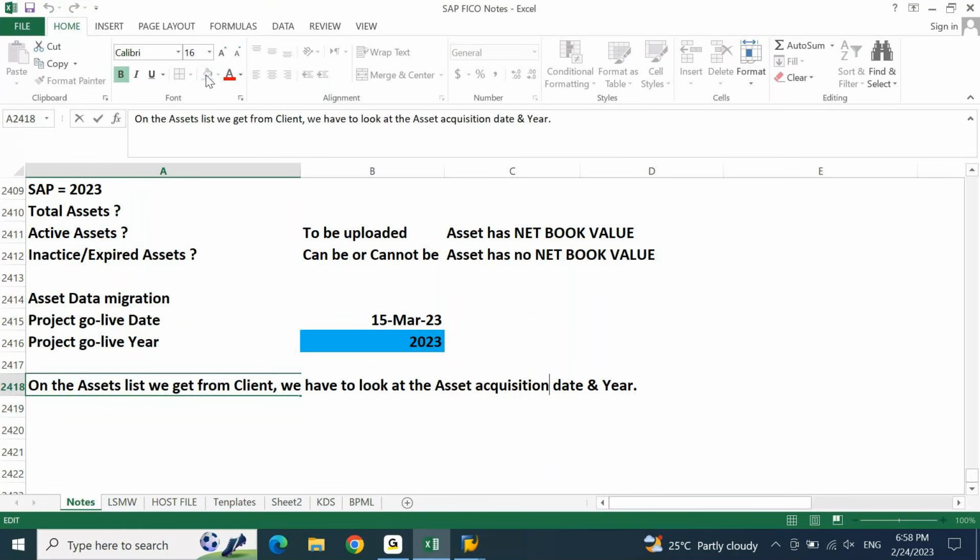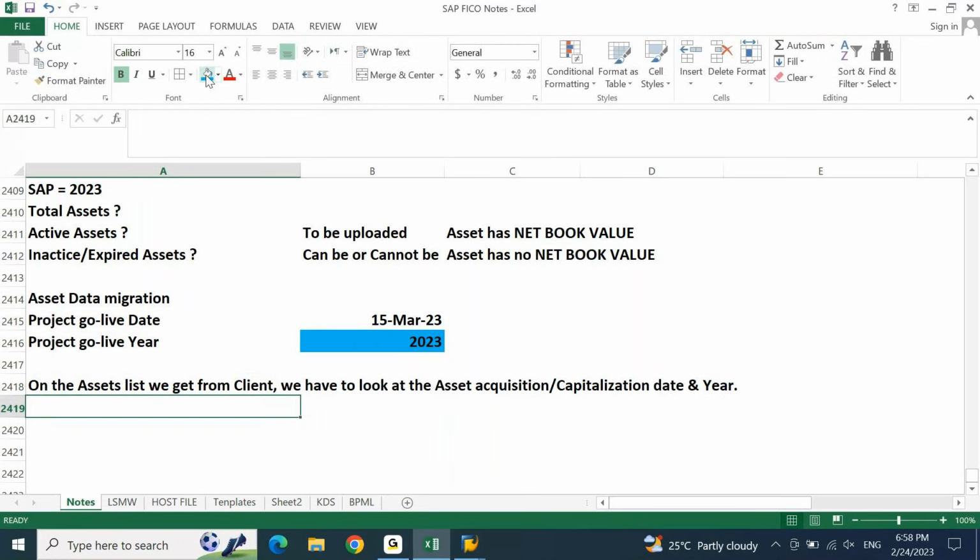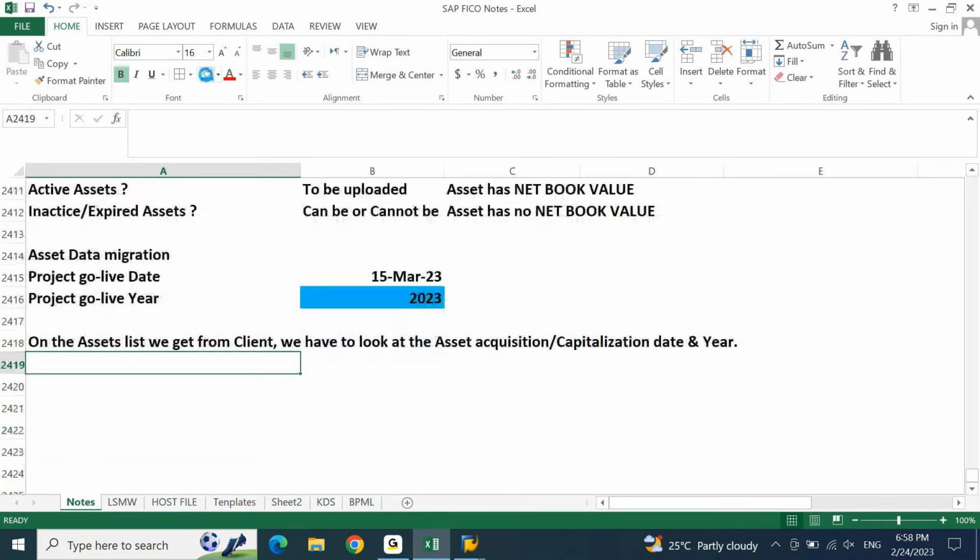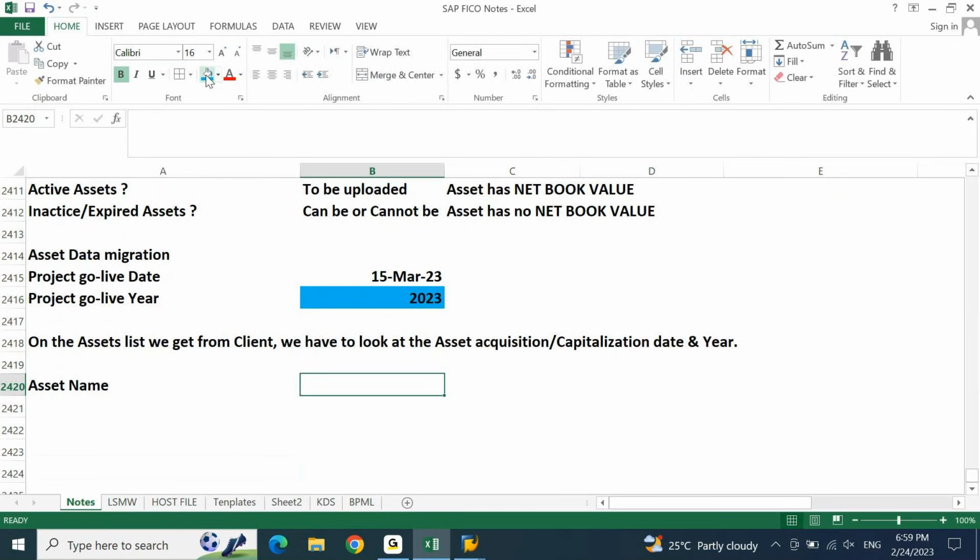Acquisition, capitalization date and year. When we talk about asset acquisition date or capitalization date, do we mean asset purchase date? Correct? The date when the asset was put to use or the date when the asset was purchased. Let's say asset name, asset code, legacy system asset code,